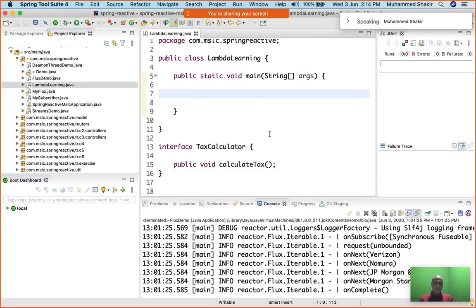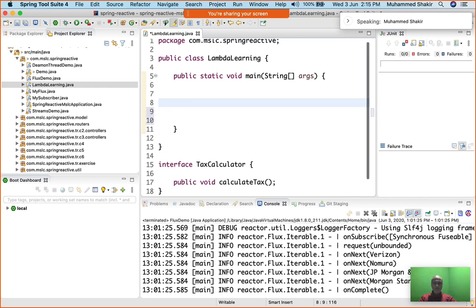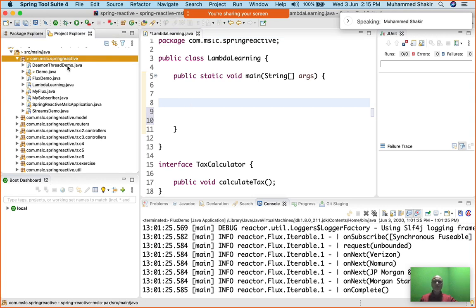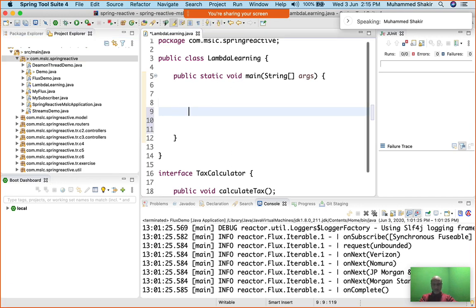And see, this is after all an interface, and we have been doing this since ages, right? In the Java programming language, whenever we have an inline implementation of an interface, what does that mean is I create an anonymous class, and that anonymous class ends up implementing a given interface. Why do I create anonymous classes? Just because I do not want to reuse the implementation of that anonymous class anywhere else in my entire application, so it makes no sense for me to go on creating different .java files. So if something like TaxCalculator,